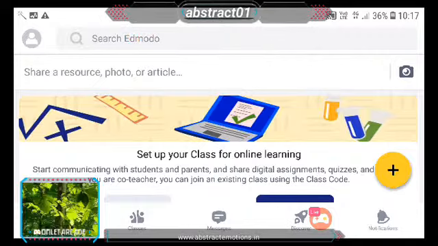Edmodo has given many features for free, because if we are creating an account on Edmodo, we are also contributing to the network of Edmodo. So that's the